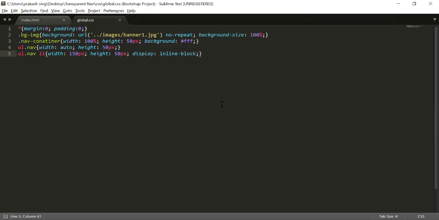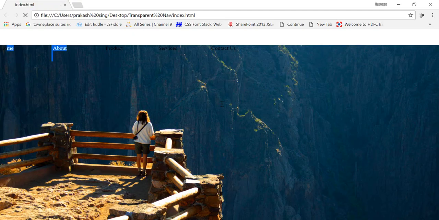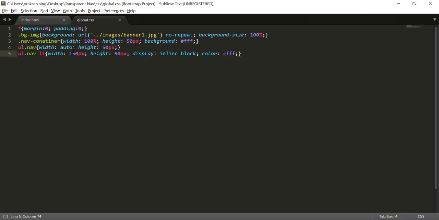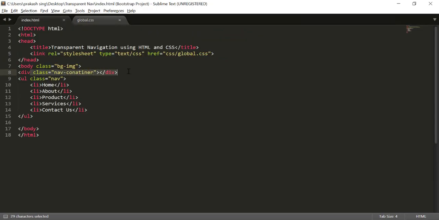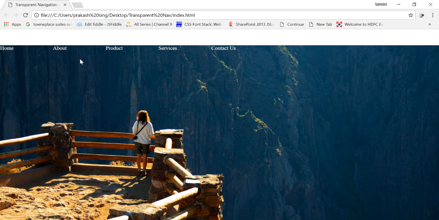First of all, let me just change the color of this particular navigation, that is just double F. Now you can see that the div we have created, this navigation container, is coming up here, and after that all these things are just down there. So what I need to do is,